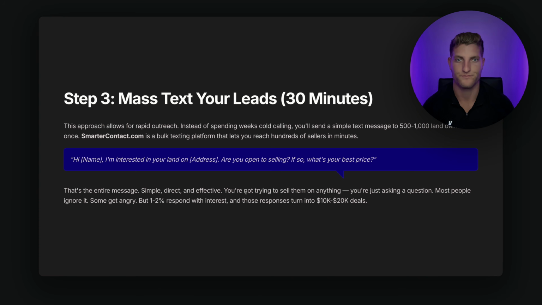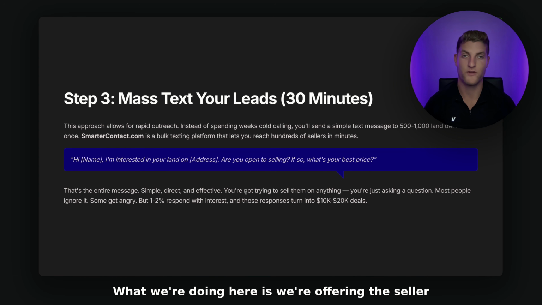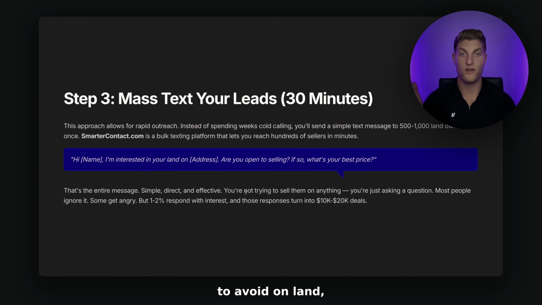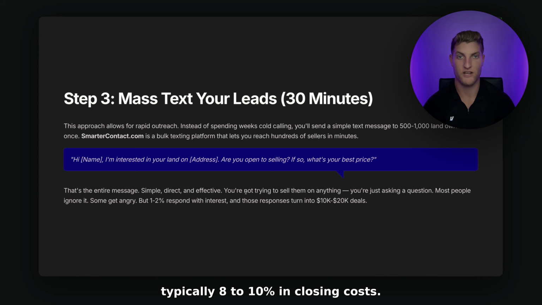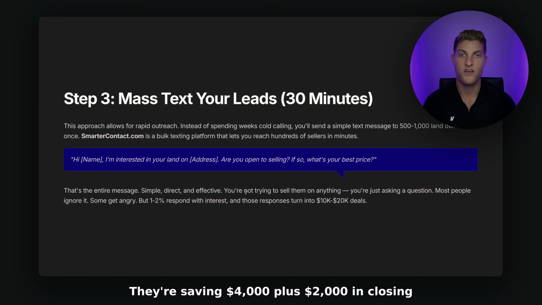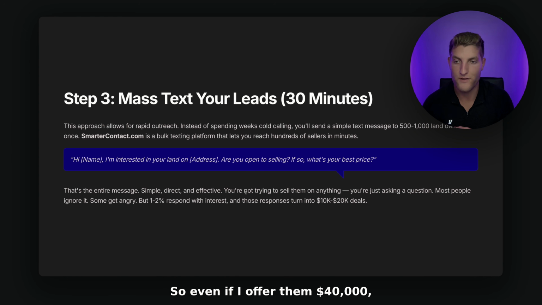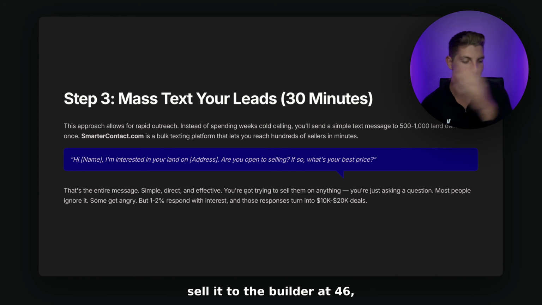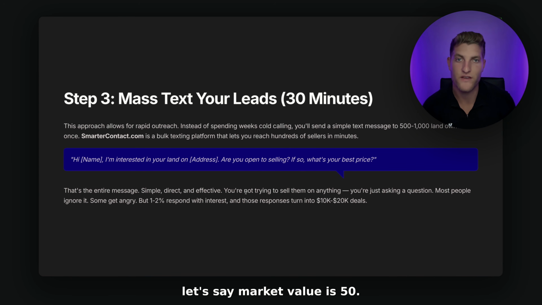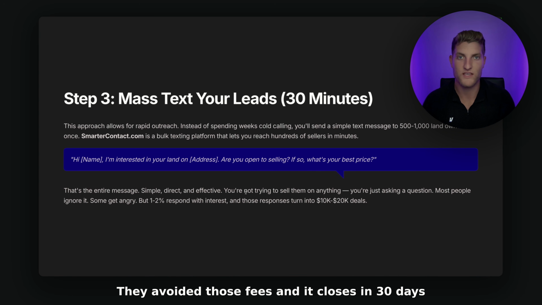to an investor. What we're doing here is we're offering the seller to avoid, on land, typically 8 to 10% in closing costs. So if it's a $50,000 lot, they're avoiding 8% in closing costs. That's $4 grand off the bat, okay? They're saving $4,000 plus $2,000 in closing costs. They're already saving $6,000. So even if I offer them $40,000, sell it to the builder at 46, let's say market value is 50, builder gets it at 46, seller gets 40, they avoided those fees, and it closes in